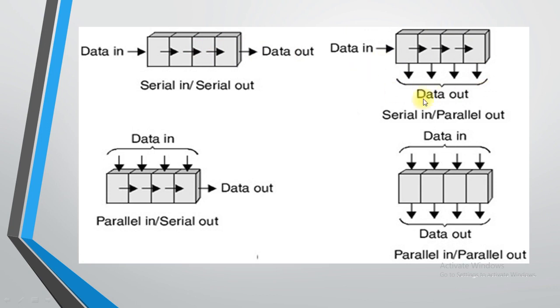The second image represents serial in, parallel out. That means data is inserted serially. But when you want to get all the data from the flip-flop, at that time you need to get it out from this side. Don't draw an arrow over here, because if you draw an arrow over here, at that time you are passing one bit of information at a time in this way. So what you need to do, when parallel out is there, you need to draw the cursor at the bottom.